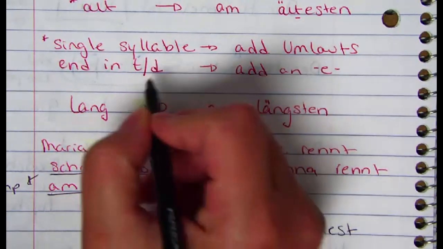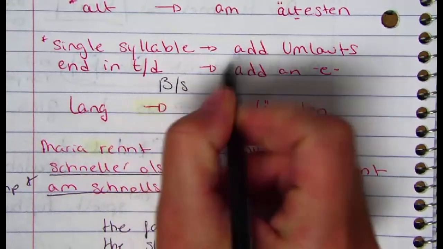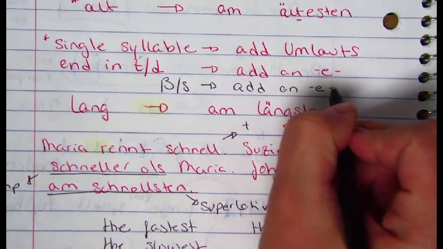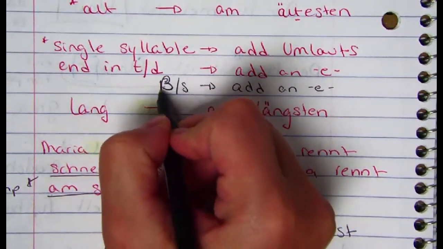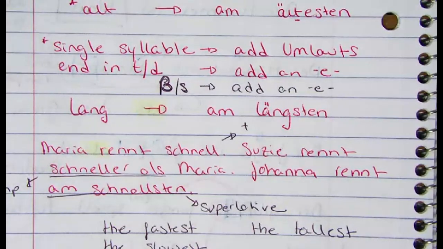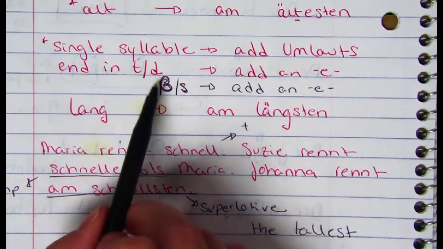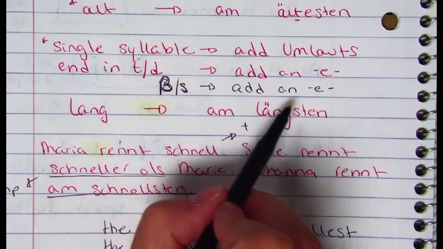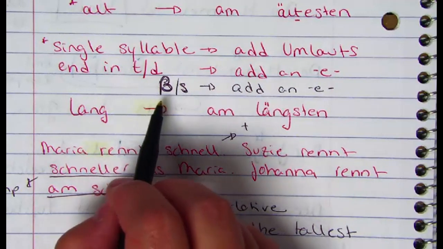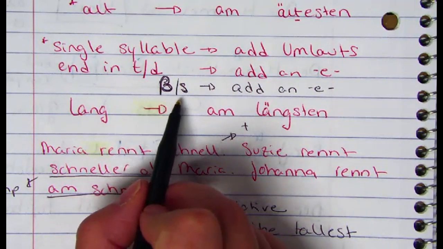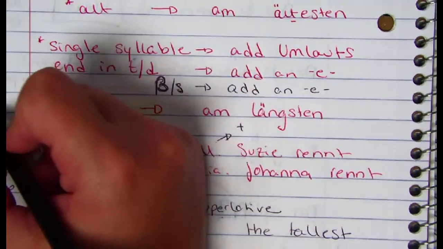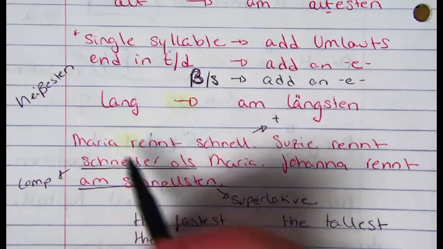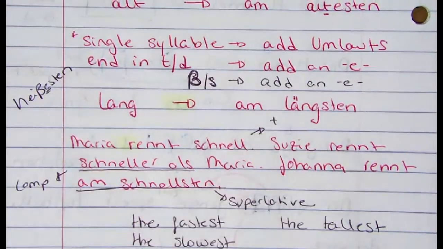Okay, just to make sure I don't forget, there's another irregularity. You also add an extra E right here if you have the sharp S or the S. So any S sound at the end, you're also going to add that because you cannot have S followed by an S sound. It would just fall away. So you're going to add an extra E. So one example of that is heiß, hot, heißesten. We're adding that extra E. So that looks like this, heißesten. Okay, extra E right there.